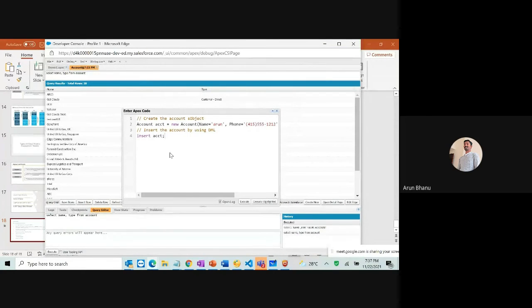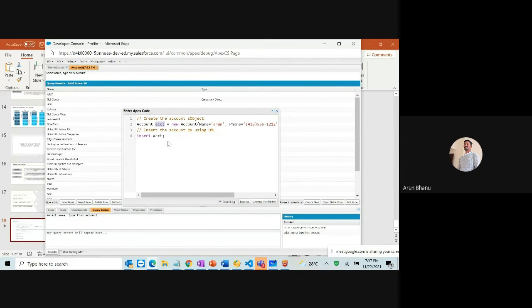Look at this code. I am going to create an account object. This S object means Salesforce object. Here, this account is an object, right? So we say it is a Salesforce object. I'm going to create an account object, and this is an object. The type is Account, and this is the name of that account, and we'll create a